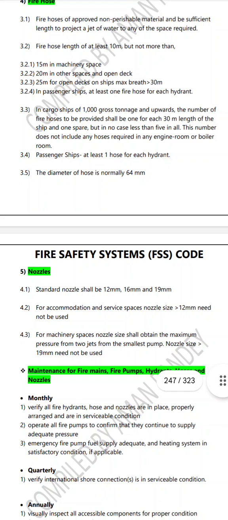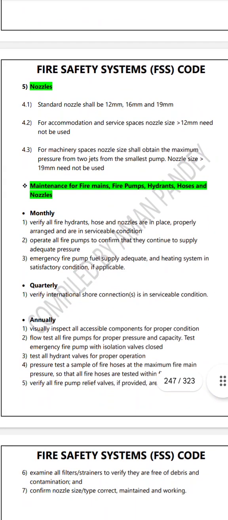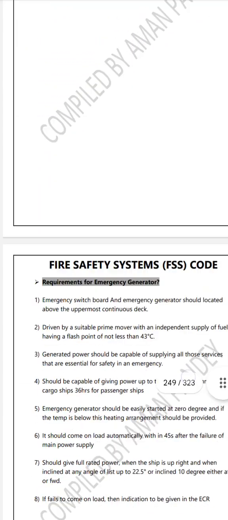अकोमोडेशन का ज़्यादा होना चाहिए और मशीनरी के लिए 12 रहेगा। 19 का 16 का क्या है कुछ पता ही नहीं है। अच्छा, इतनी क्वार्टरली चेकिंग होनी चाहिए।